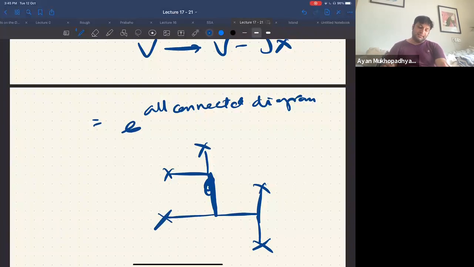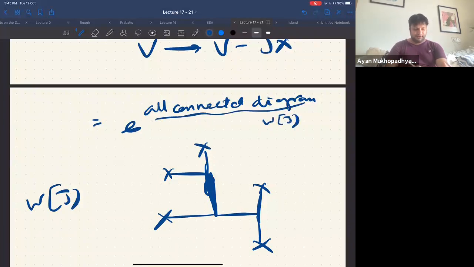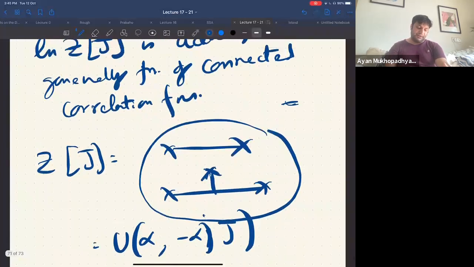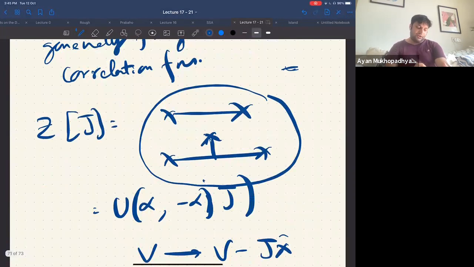Yeah, so this is a possibility with 5 vertices, a connected diagram with 5 vertices. Only these kinds of diagrams would contribute, so W of J would be only the sum over connected diagrams. This is the statement, because when we take a differentiation of Z of J with respect to J, then